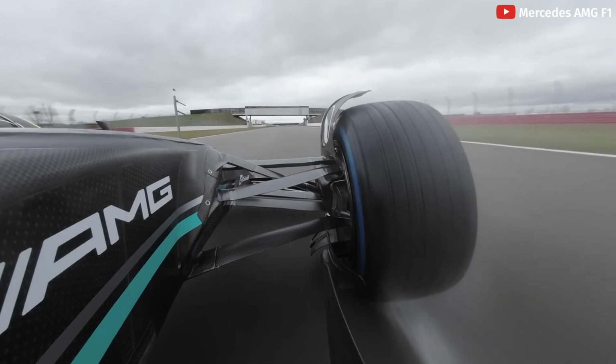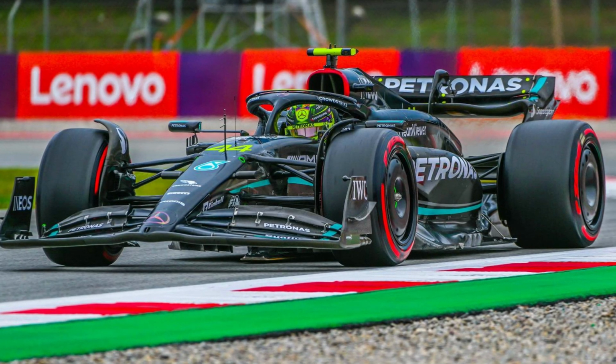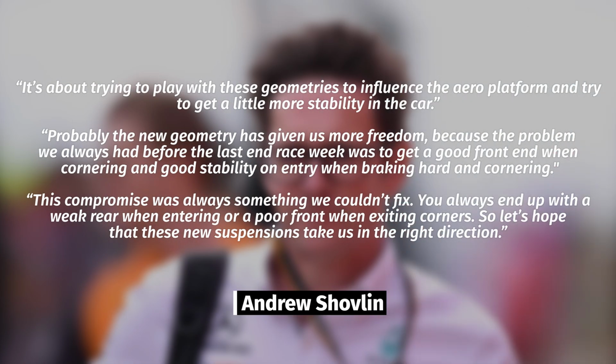And as it turns out, it was not cheap to develop and manufacture. Mercedes got a little bit lucky with it as they were able to change the orientation without needing a new chassis, which wouldn't have been possible under the current cost cap regulations, but a new chassis is expected for next year. Andrew Shovlin was very happy with the improvements to the car, saying to the Italian motorsport.com, "It's about trying